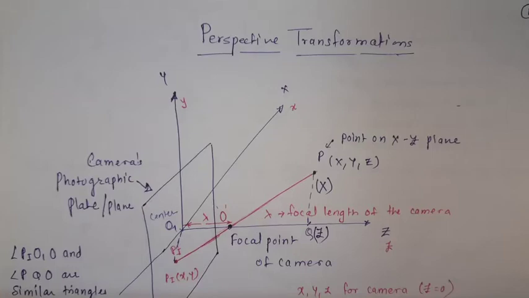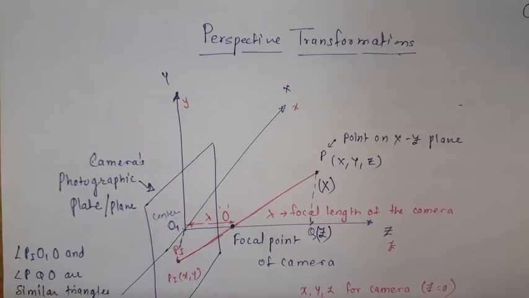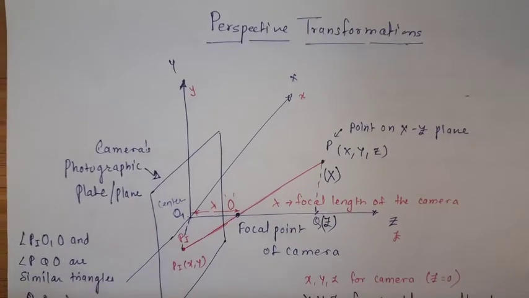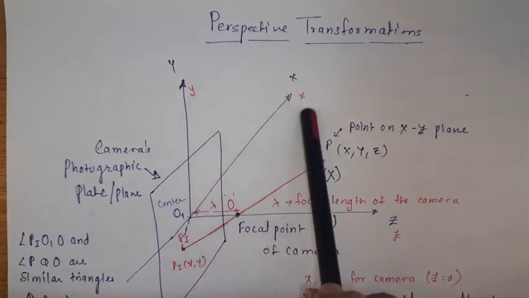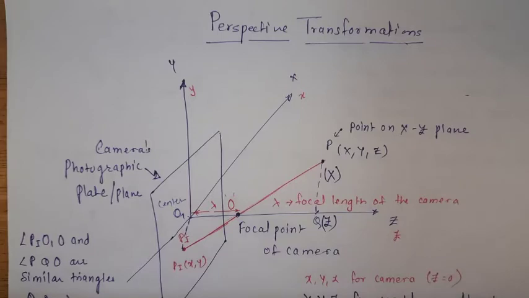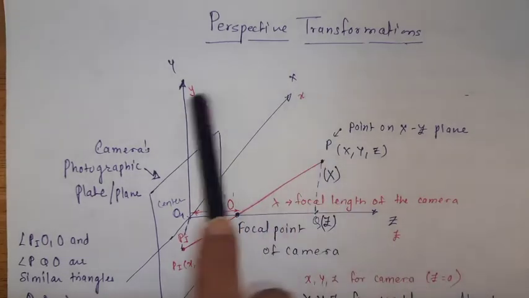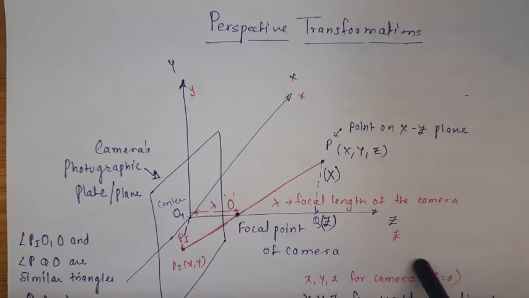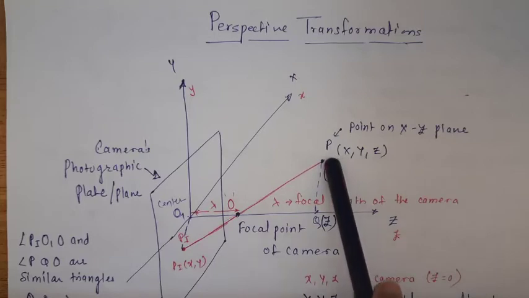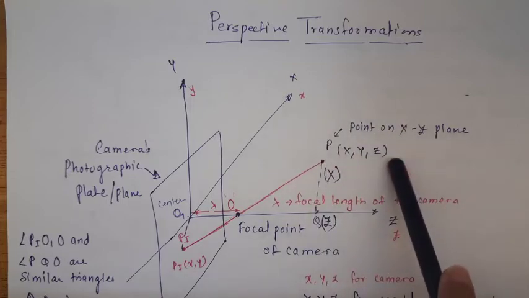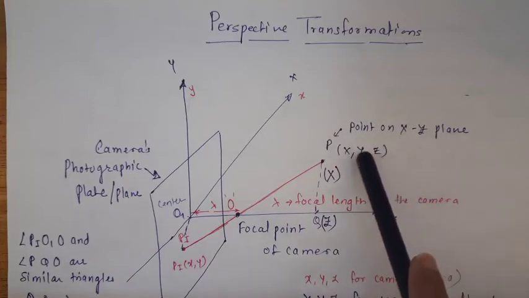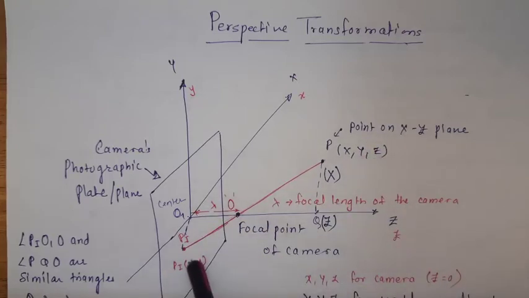Okay, now we'll see what is perspective transformation. Here we are going to consider the XYZ plane. Capital X, capital Y and capital Z are called world coordinates, and small x, small y and small z are for the camera. What we want to find out is, if the point P having coordinates capital X, capital Y and capital Z is there in the world coordinate, the image of this point on the camera's photographic